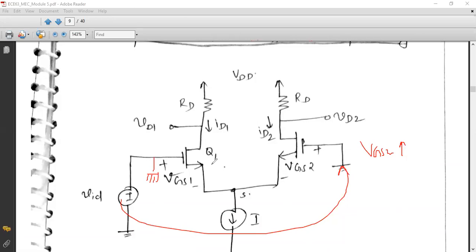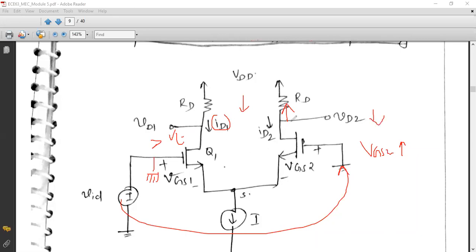because of which the transistor Q2 will be driven into conduction. At the same time, the conduction level of Q1 will be very less because it is not crossing our required threshold voltage. I need a minimum threshold voltage at the gate terminal so that Q1 will work properly, isn't it? That is not satisfied, because of which ID1 will be very less and ID2 will be very large.